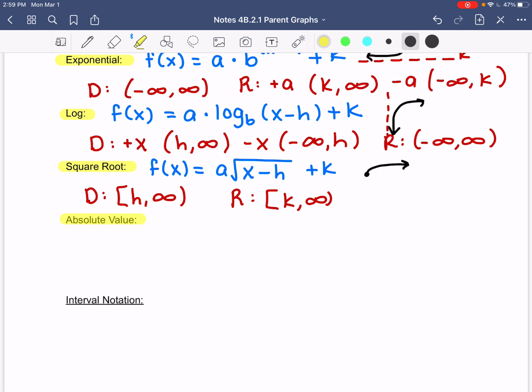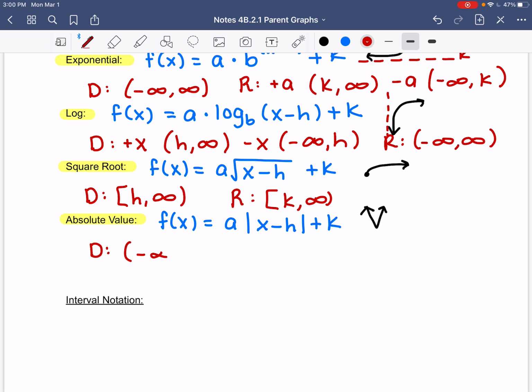Last one is absolute value. The absolute value function is going to look like f of x equals a times absolute value bars, x minus h in the bars, and then plus k outside. An absolute value function is going to look like a V shape, like that. Your domain is just all real numbers. You could plug in anything for your x. But your range, on the other hand, depends on your k value,